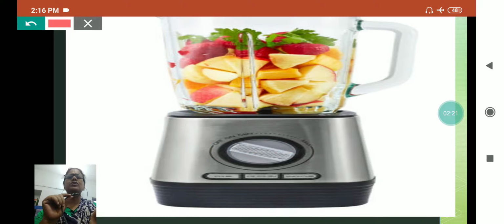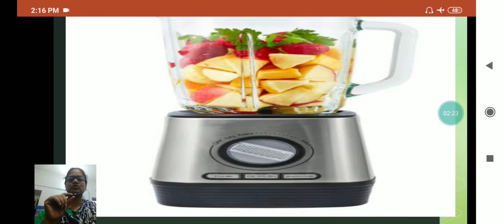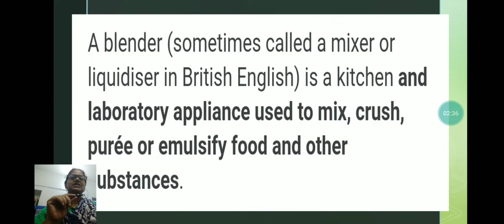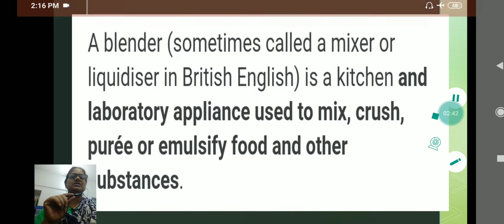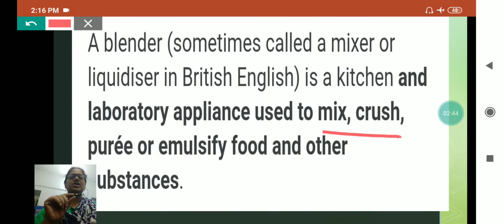While cooking food, sometimes we have to blend tomato, onion also, and it is used every day in our home, and it makes our work much easier. A blender, a mixer or liquidizer, is a kitchen and laboratory appliance to mix, crush, or emulsify food and other substances.